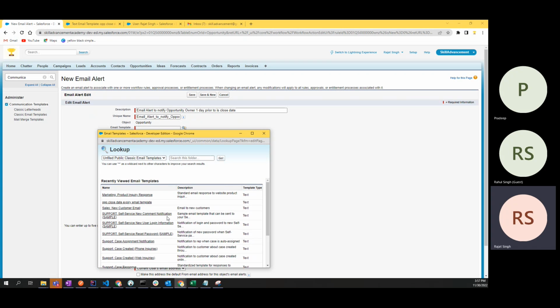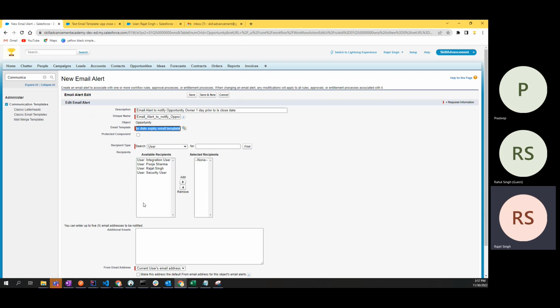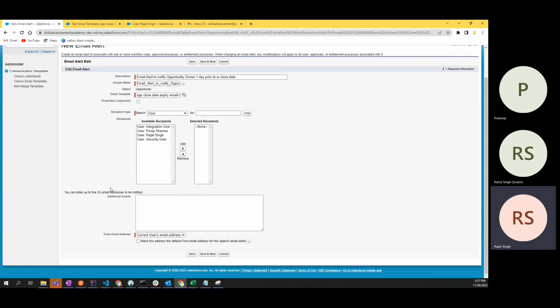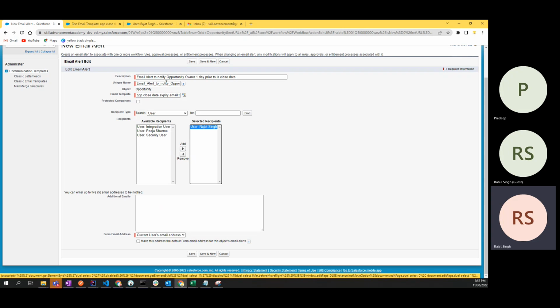I think the opportunity closed at expiry email template. Okay, let me select this. And then we have recipient. Who will be the recipient? Recipient type user. Let me say this is the recipient for this email alert, or we don't need a recipient at all